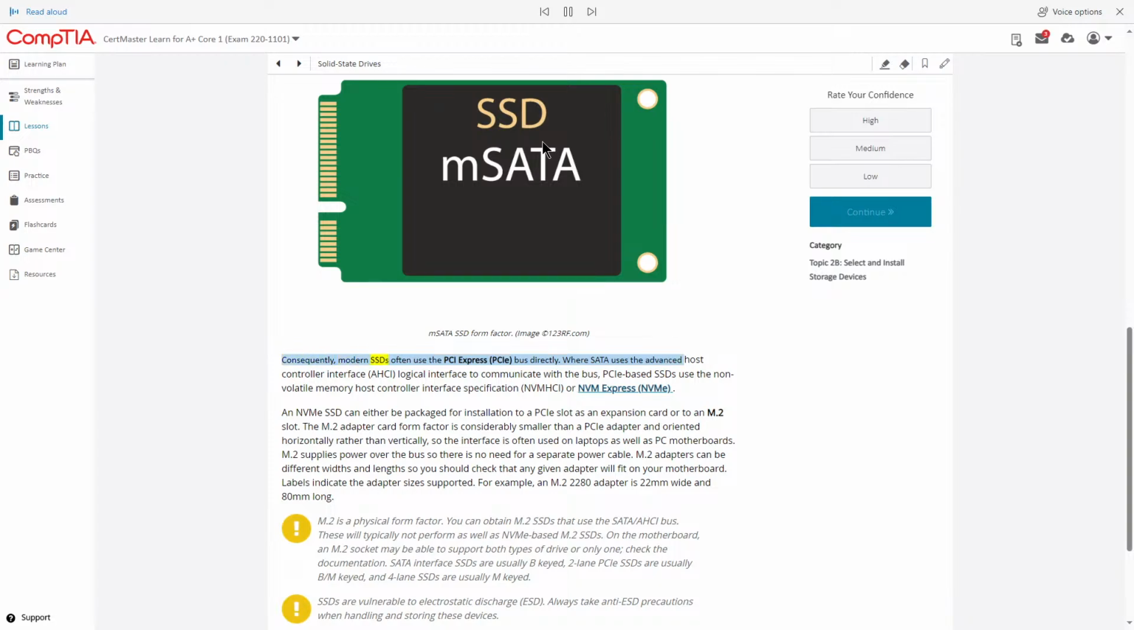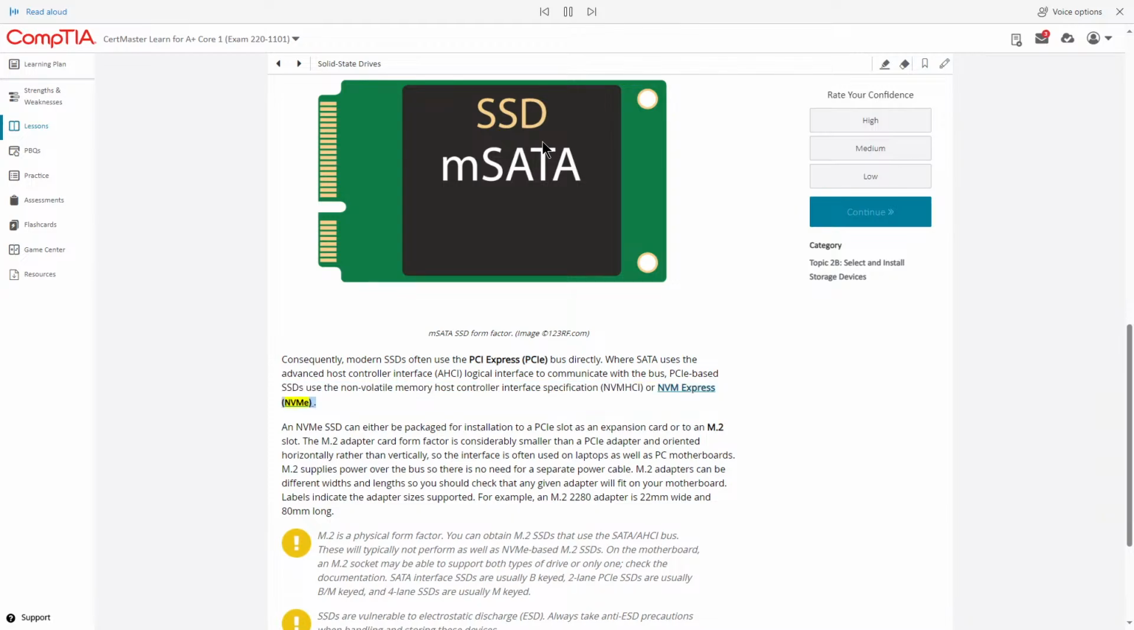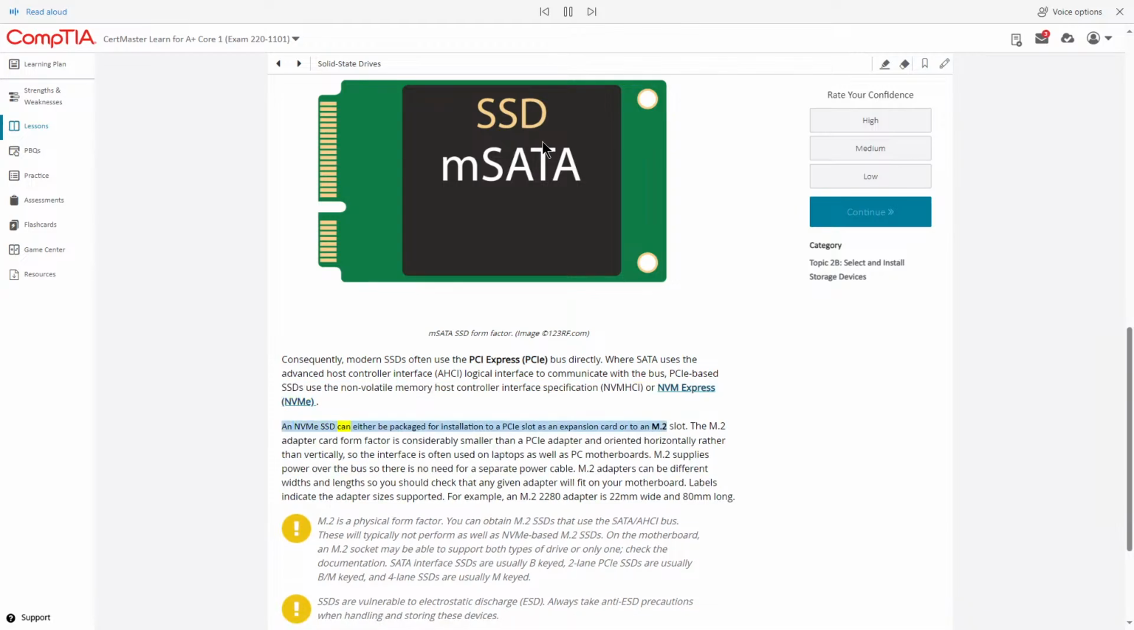Consequently, modern SSDs often use the PCI Express (PCIe) bus directly. Where SATA uses the Advanced Host Controller Interface (AHCI) logical interface to communicate with the bus, PCIe-based SSDs use the Non-Volatile Memory Host Controller Interface Specification (NVMe-HCI) or NVM Express (NVMe). An NVMe SSD can either be packaged for installation to a PCIe slot as an expansion card or to an